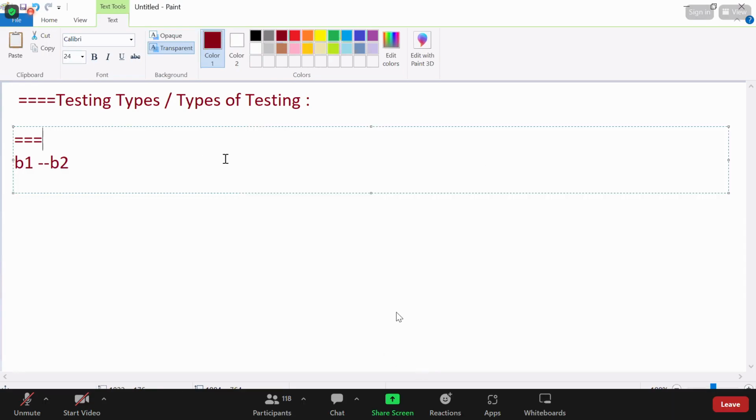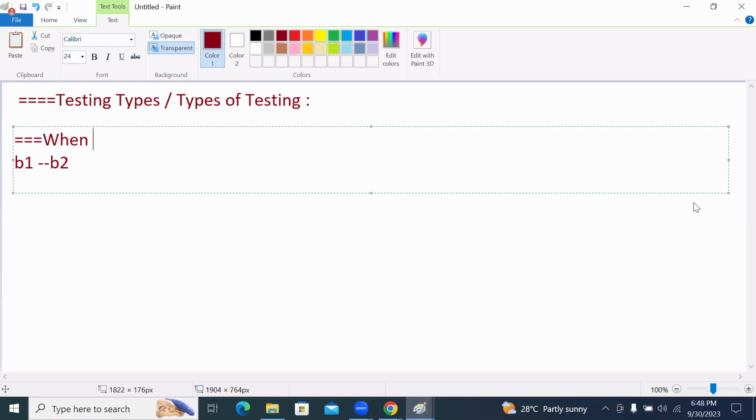Because of that, according to real-time standards, what I will be doing is, whenever a new build is released from the development team to the testing team,